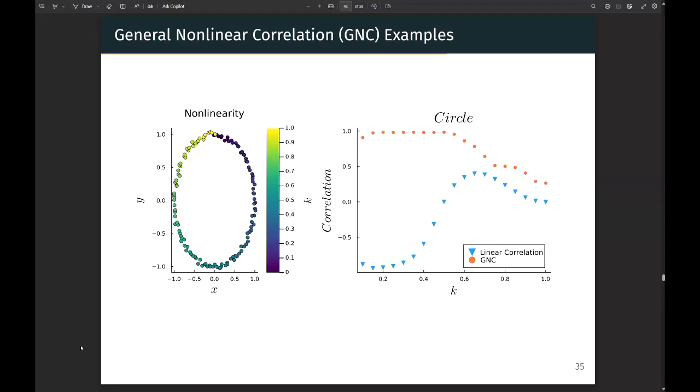And at a halfway point, we expect this nonlinear correlation approach to start failing because we start entering the territory of having data that is now many-to-many, a functional relationship that's many-to-many. And indeed, it has a correlation that's 1 all the way until that point. So maybe it's doing well.